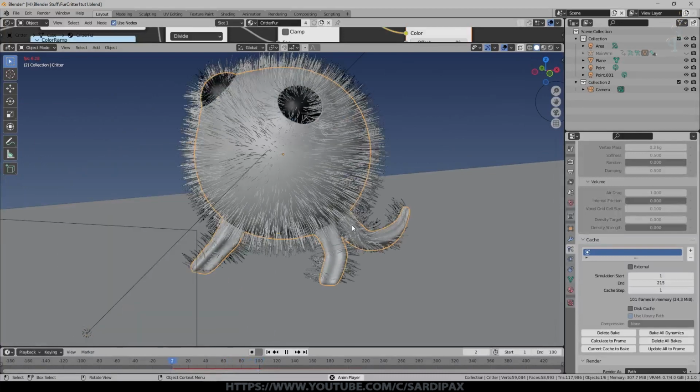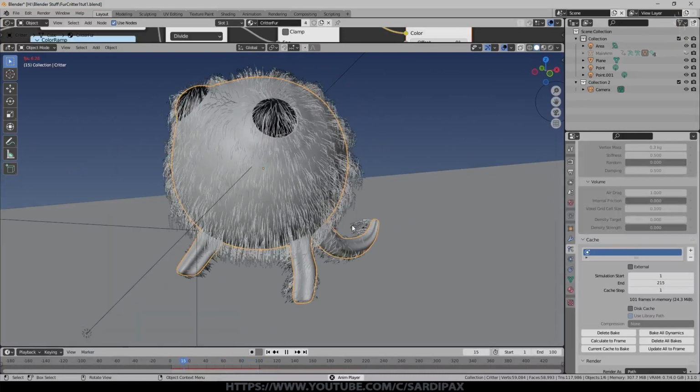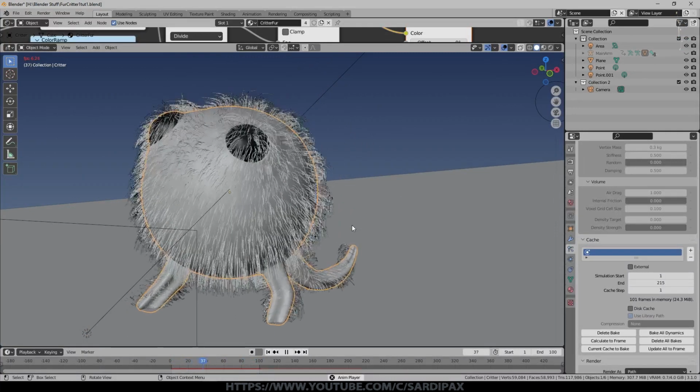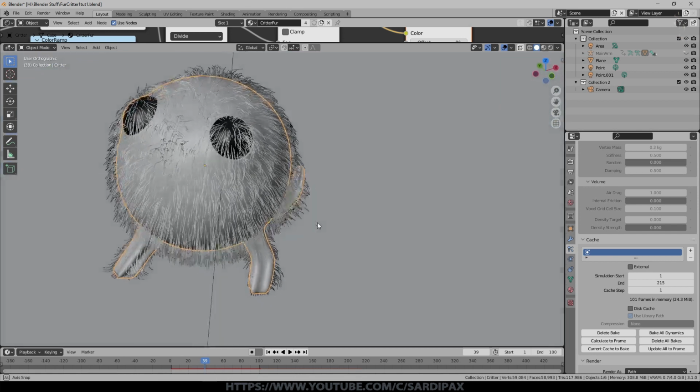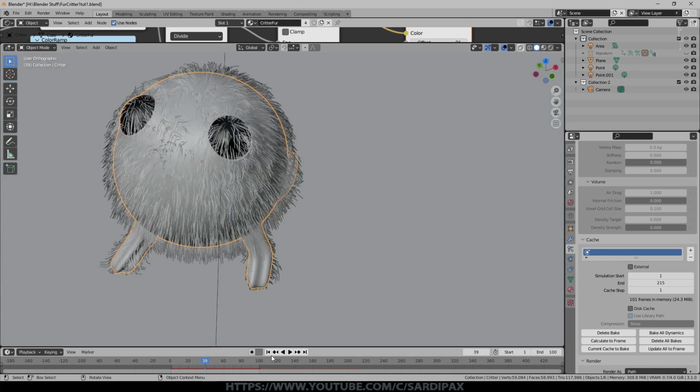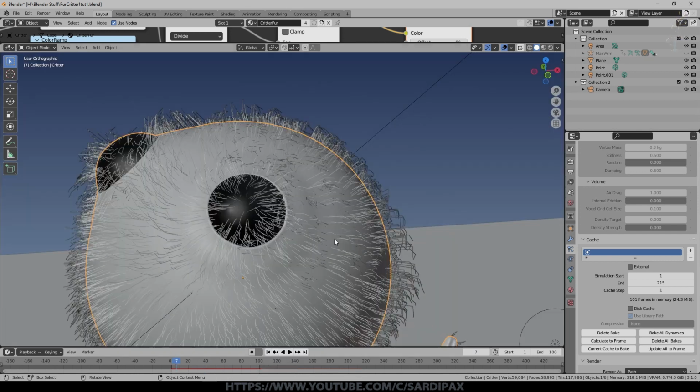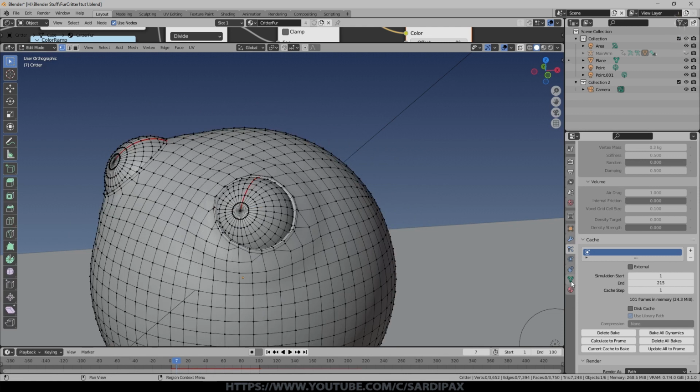So that's a very simple initial stab at creating some somewhat realistic hair. So next problem, before we go any further on the dynamics, is that he's got hair coming out of his eyes. It's more visible now that we've got the hair flopping down. One of the ways we deal with that is to go to vertex groups.